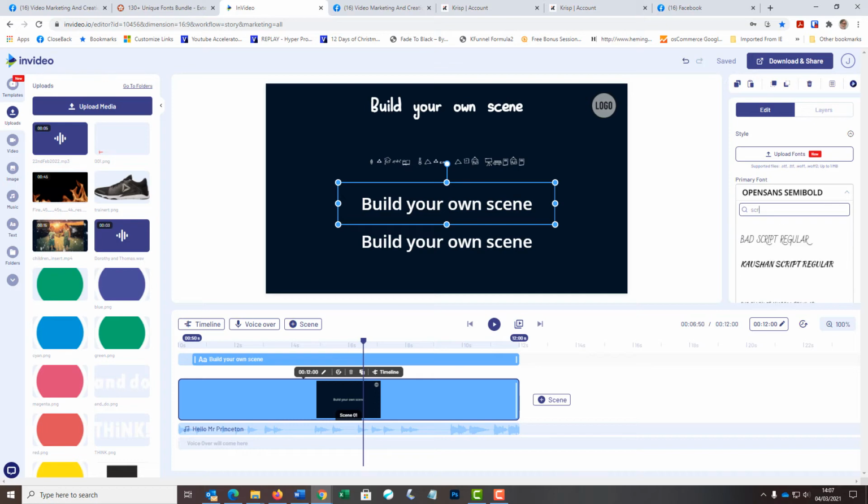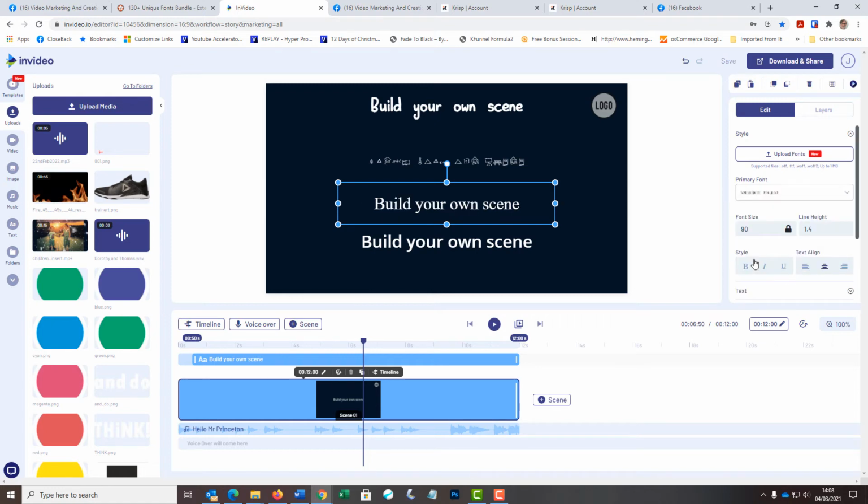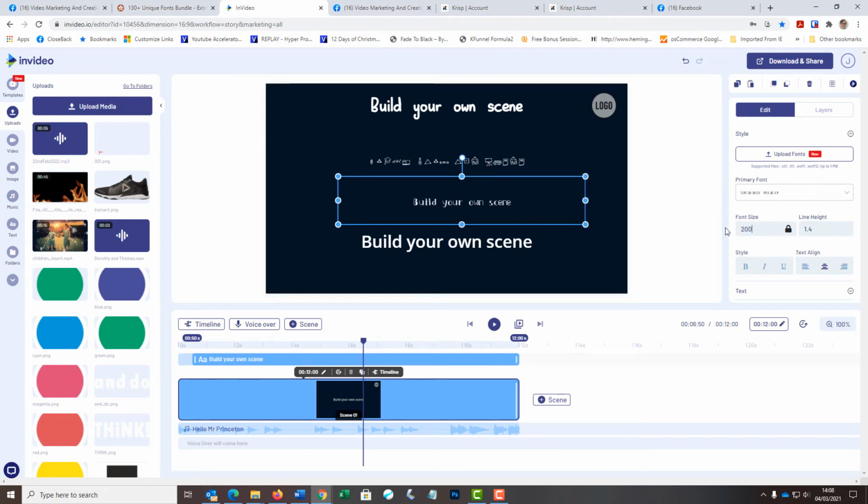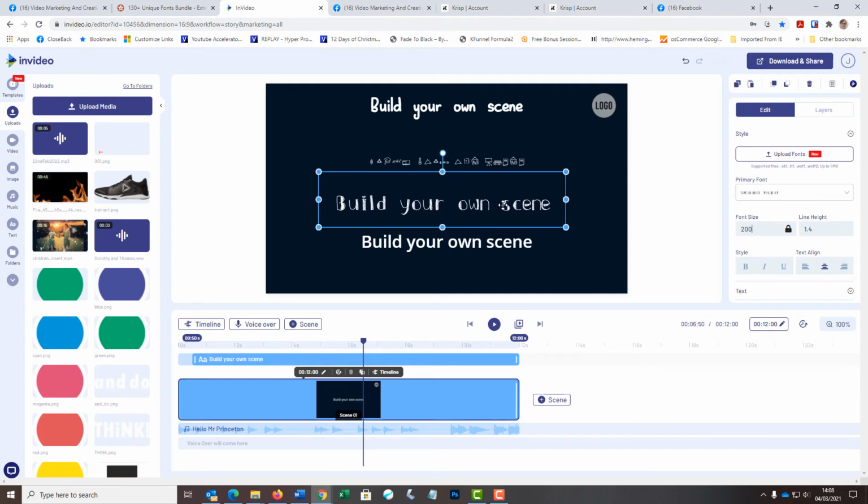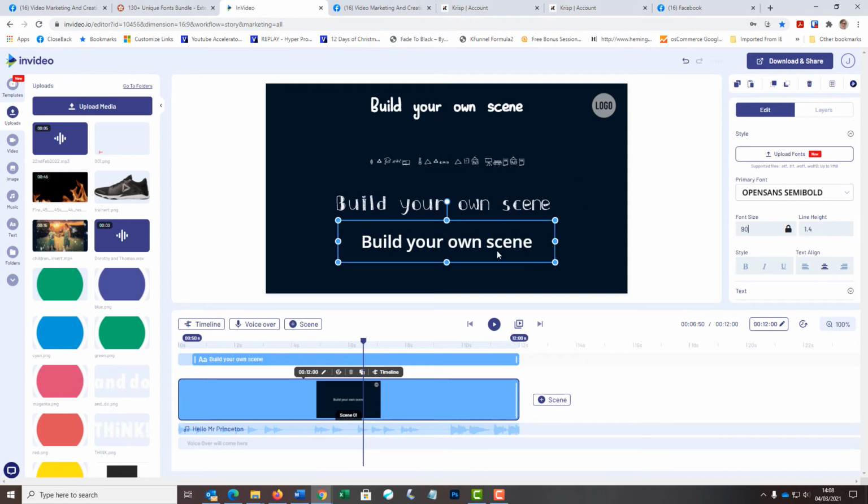S-C-R-E, no, got that wrong. It's S-R-E-N, and there it is. And again, you need to play with the sizes, but you can again see that now we have some funky looking fonts, and our last font, which was also quite fun and funky, is